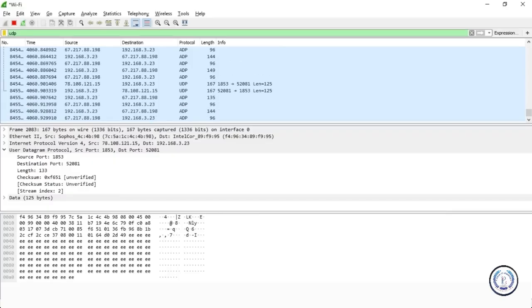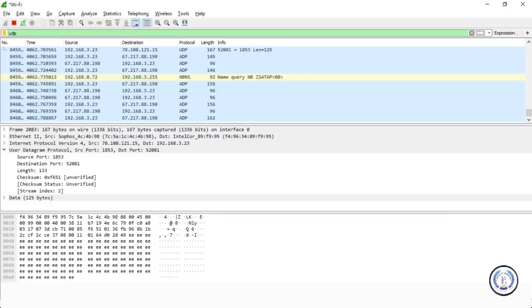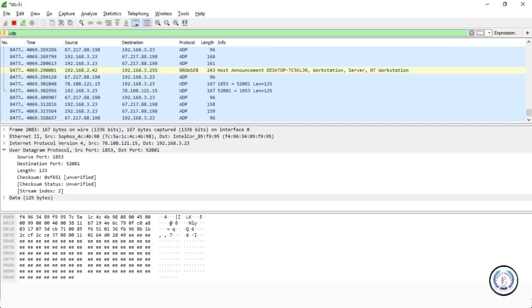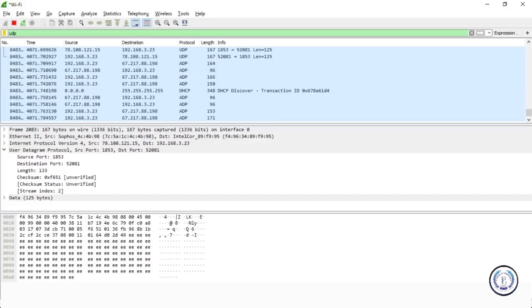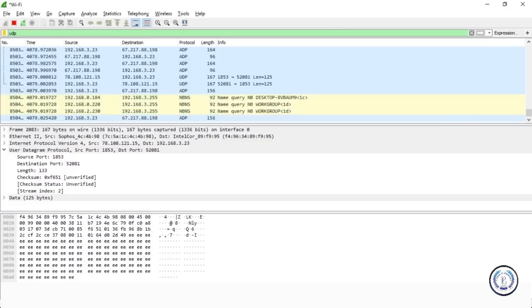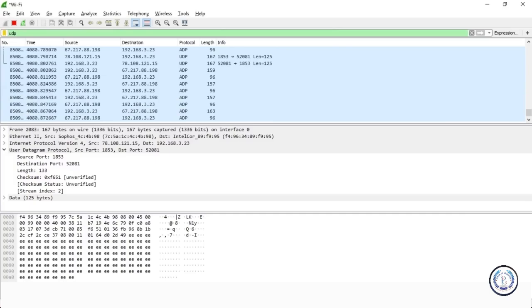So basically UDP is a fast protocol, and that's one of the reasons why it's good. It's also one of the reasons why it's unreliable, because in order to get that speed, you don't have all of the error checking and validation that messages are getting there. Because it's fast, it's good for things like games and for real-time voice and video, anything where speed is important, and you would use UDP.